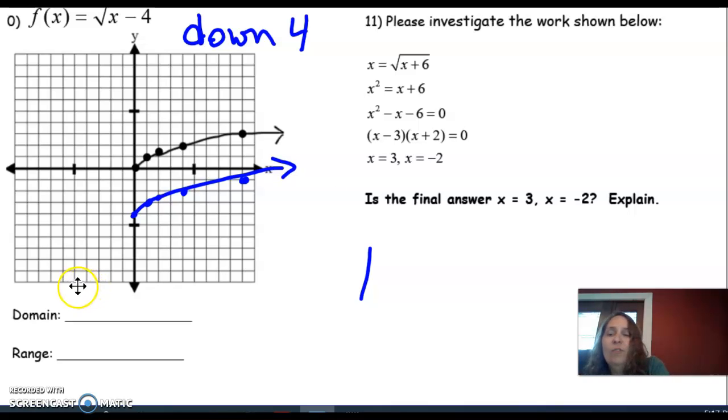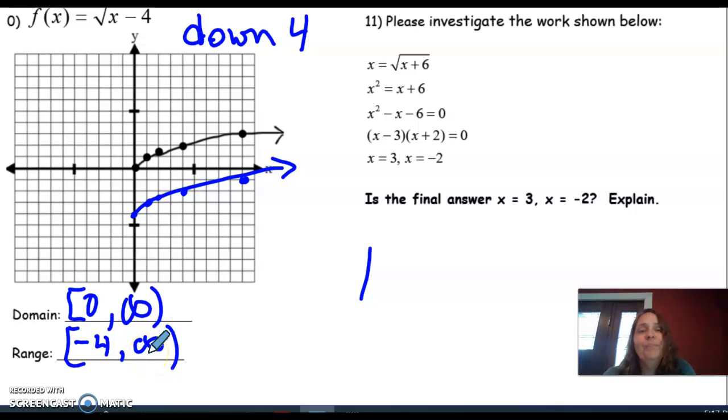All right, we didn't move left or right. The domain is still from 0 to infinity. The range has gone down by 4 units. Down is a negative direction, so we'll go from -4 to positive infinity. That concludes 10.5, but I have a review question that I wanted to check in with you about from 10.4,